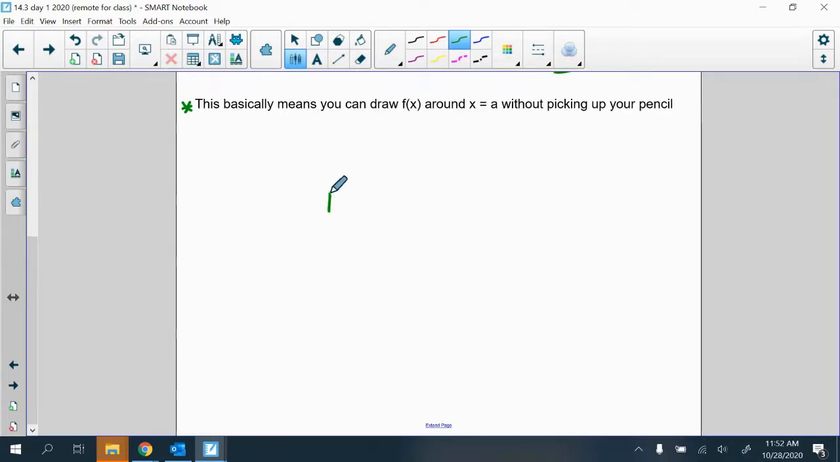So what are some examples of things that are not continuous? Some non-examples. Things are not continuous if you have a removable discontinuity, because you would have to pick up your pencil where the hole was. And that could show up either as no function value there, or the function value could be misplaced or relocated somewhere else. So you have a hole,